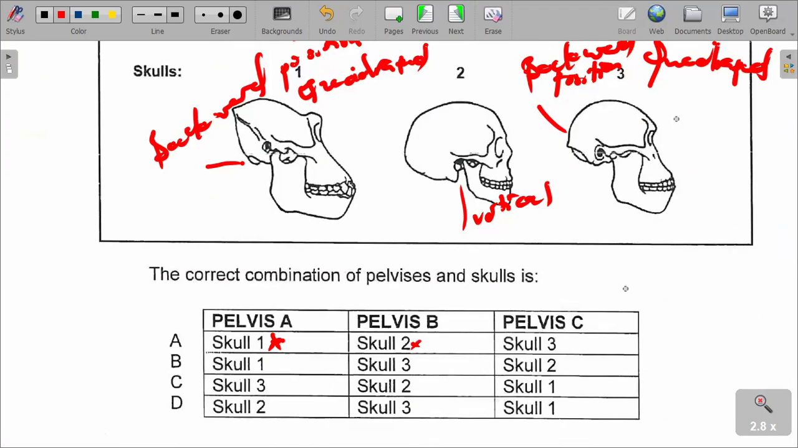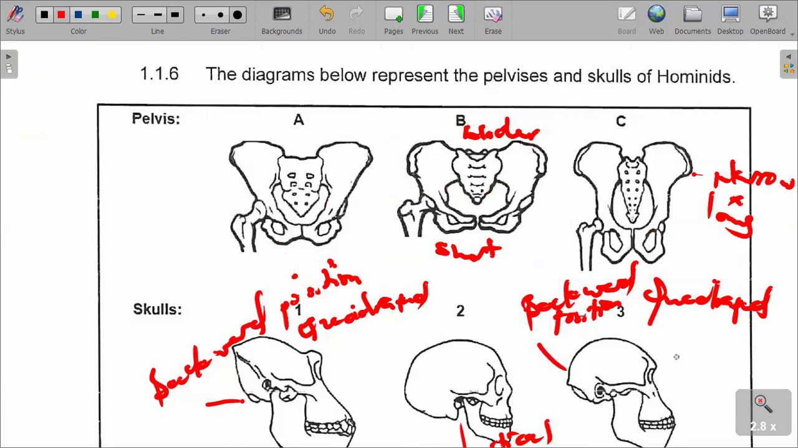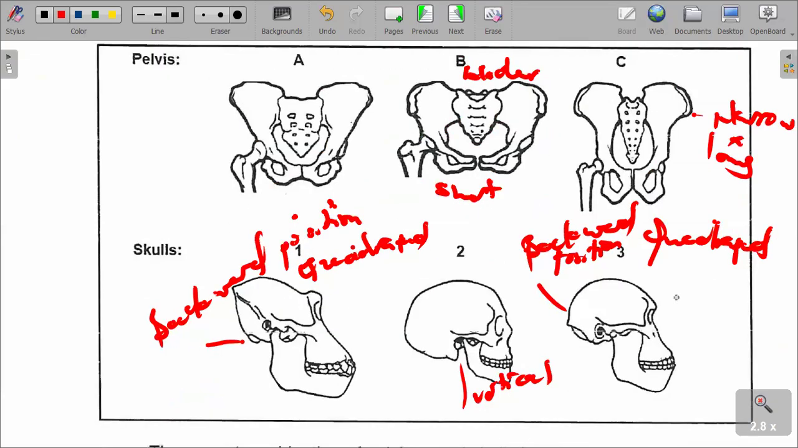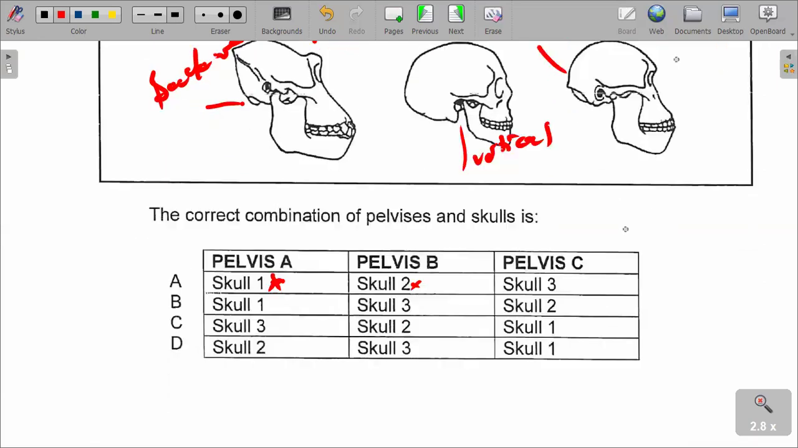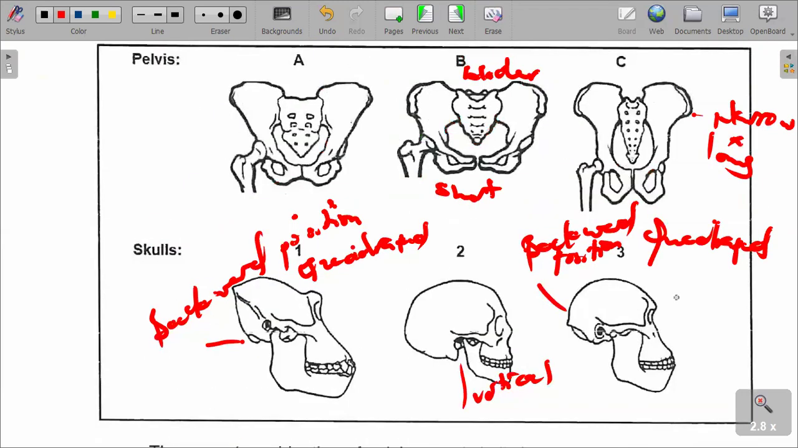Pelvis A must represent a skull number 3. In that regard, therefore, it cannot be pelvis 1 and skull number 1. Therefore, A is wrong. So pelvis A must represent skull number 3, which would just mean matching skull number 3 with pelvis A, which is representing